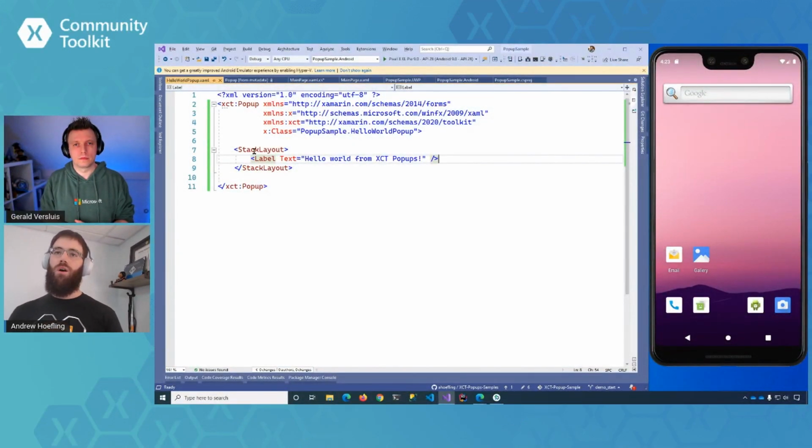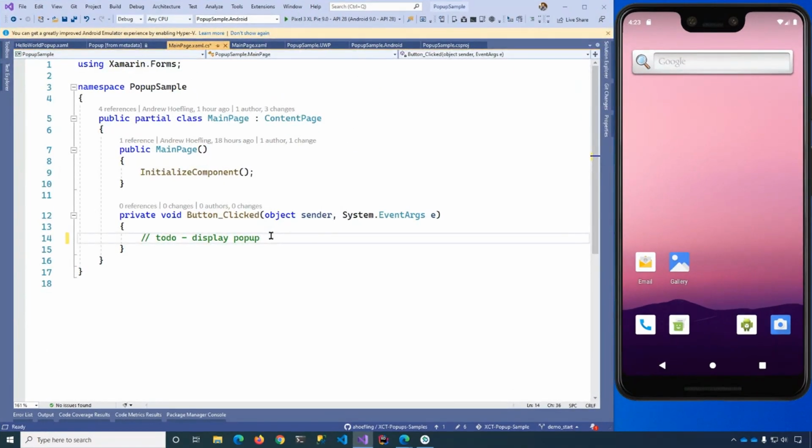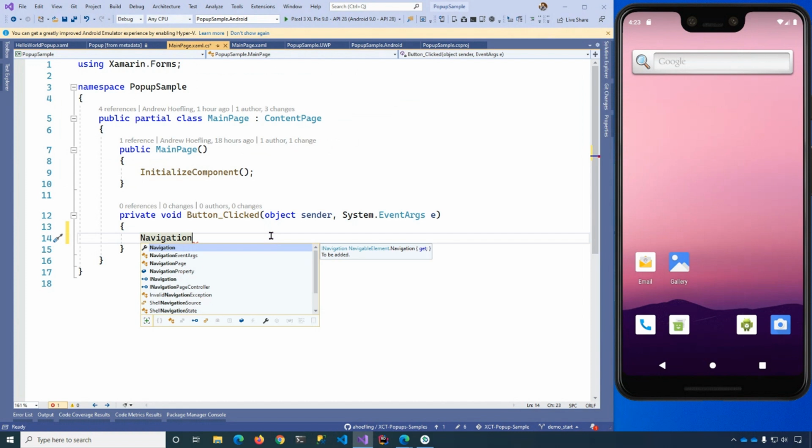Cool. So right in here, I just added standard content that you would on a content view, content page. The only difference so far is we are using this XCT pop-up. So now we can render our pop-up. So let's head back to our main page, .xaml.cs. We can get rid of this to-do comment, and I'm going to say navigation, because what we did is we added onto the navigation object, the INavigation interface that's available on any page, to be able to display these pop-ups.